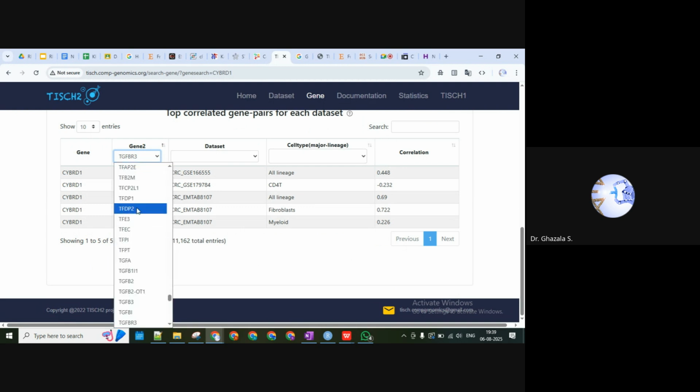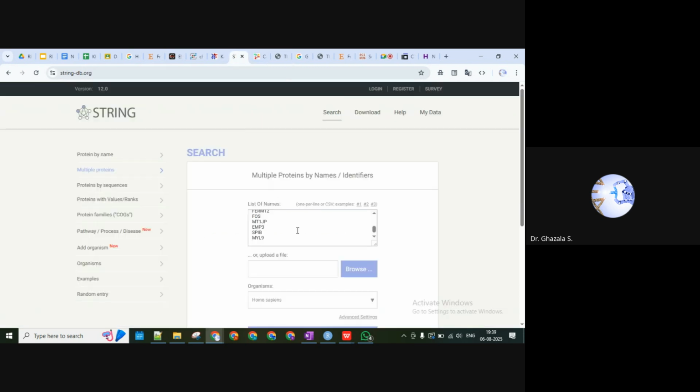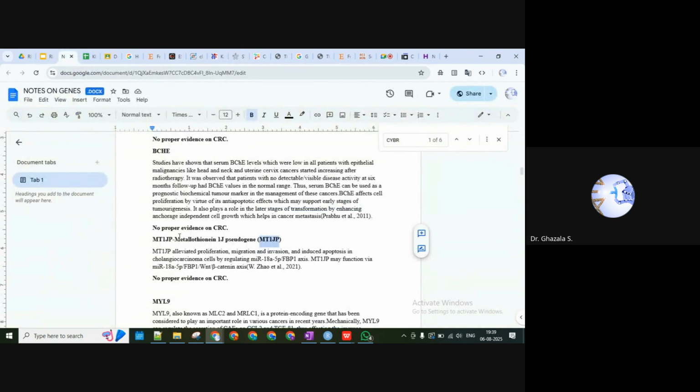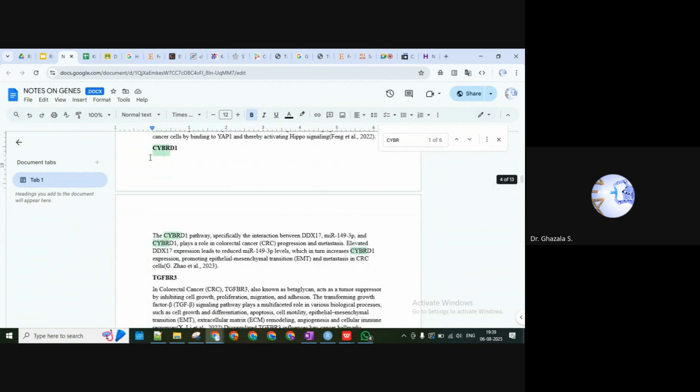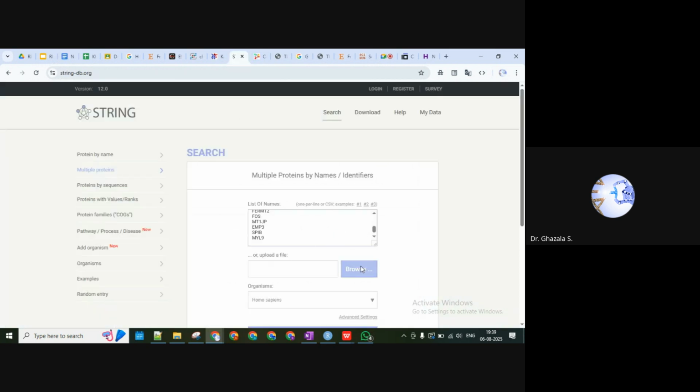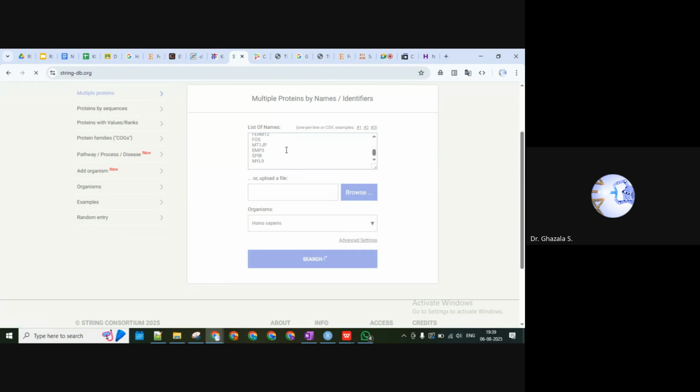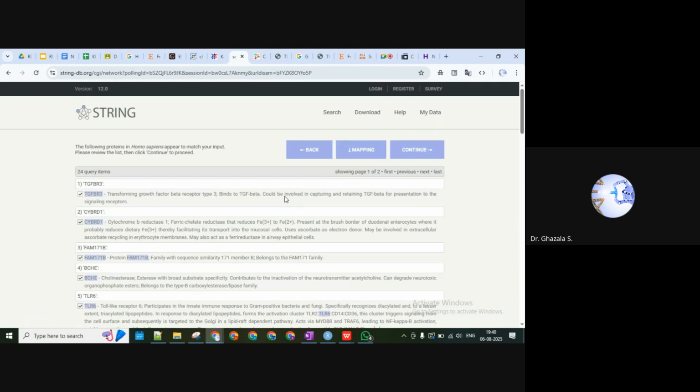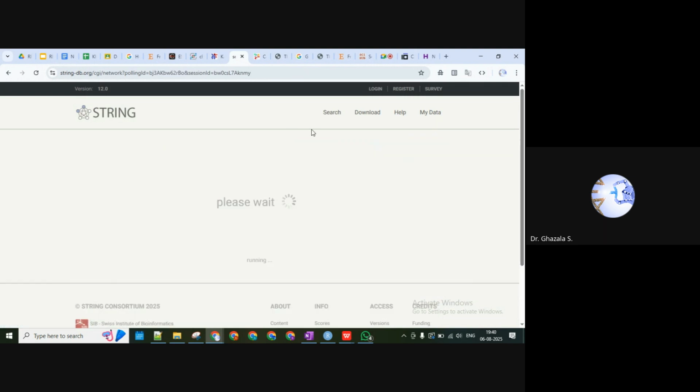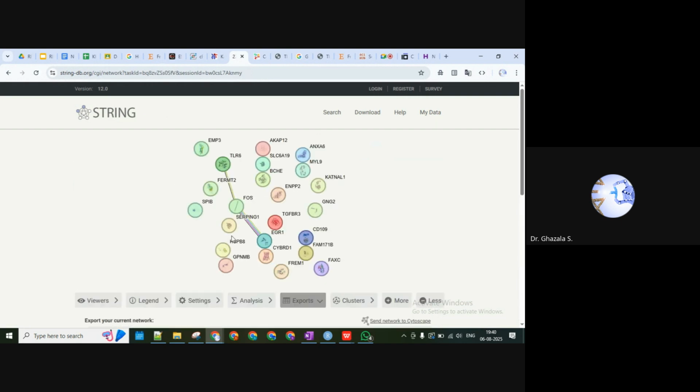So for that, we will focus on the network that we are going to make. If the two genes are correlated, for example, the already known gene, that's why I'm asking you to filter the list of genes which are already known and for which no evidence is present. Then accordingly, we can map the two lists between the genes and study their relation. So let me focus on BCHE and CYBRD1. That's how we will try to make the network. When we have an objective in mind about what we want to focus on, we can do many modifications in the network.